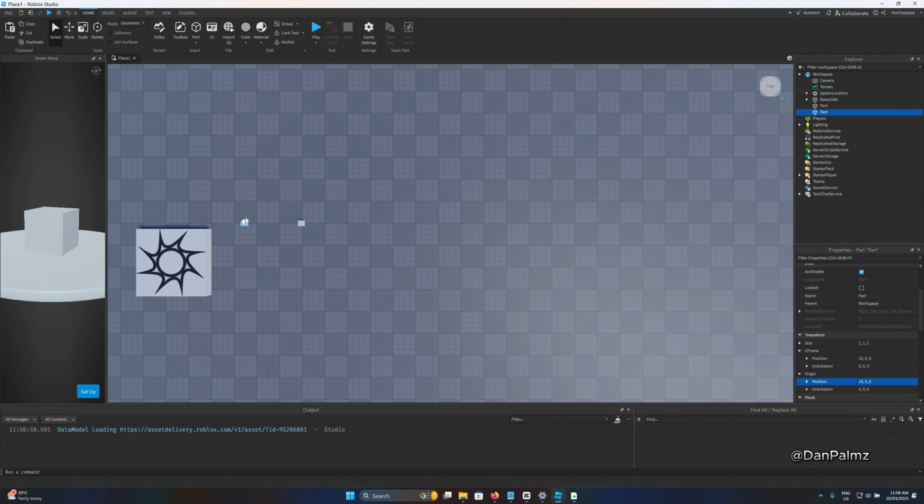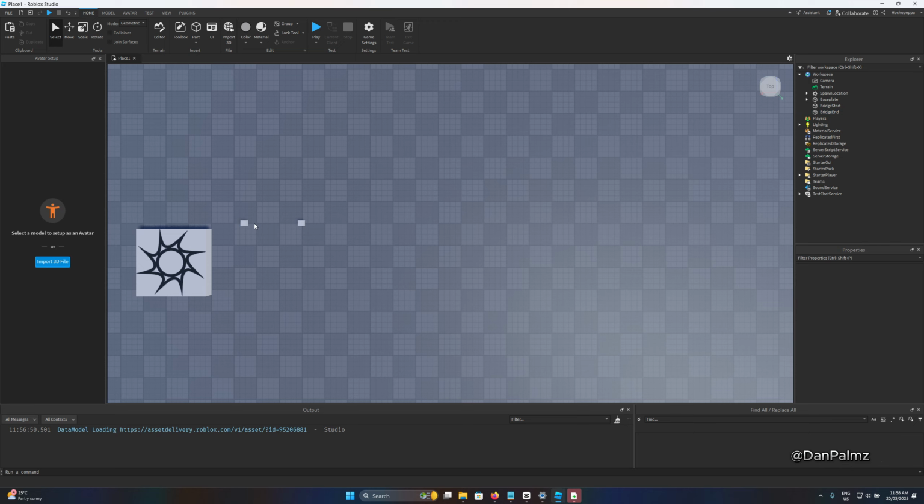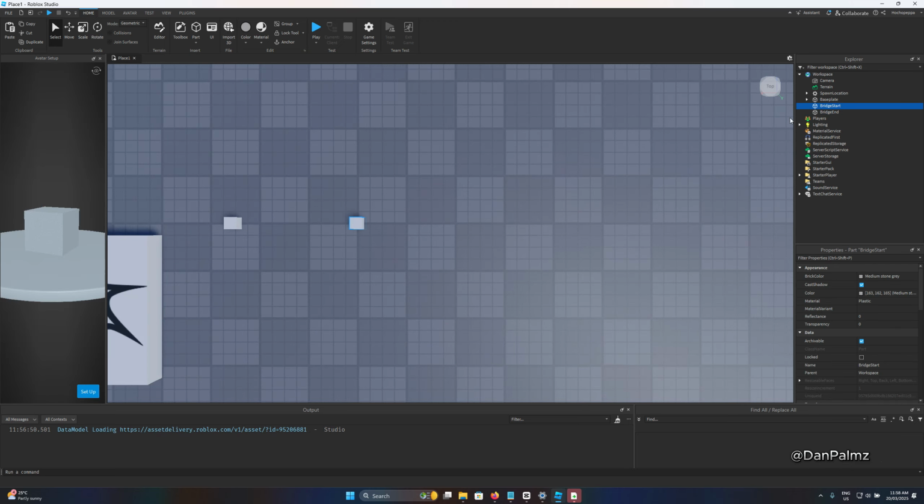So we know that this part and this part are exactly 10 apart. This one is ours. It's going to be the start of our bridge. This one is the end. Okay. Now, let's